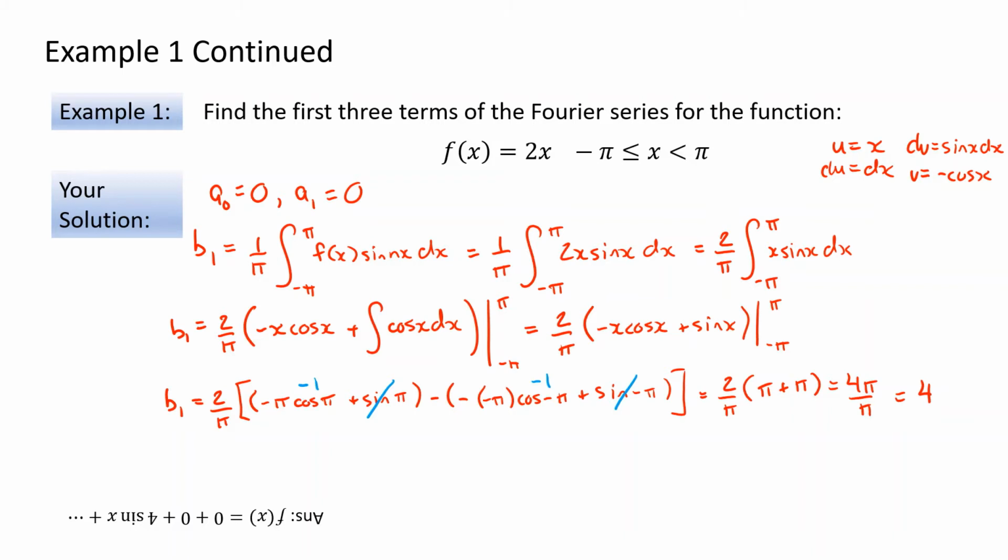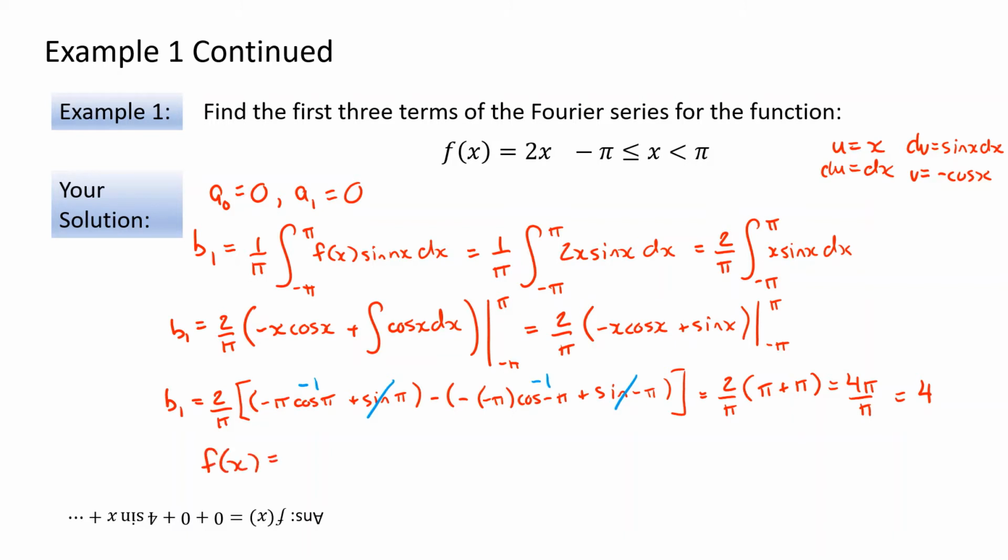So now we have the first 3 terms. You see the first 2 were 0, the third term was not. What you would see in this function is that the b terms would all be non-zero and the a terms would be 0. So if you continued this function all the way out, you would see that all of the remaining a functions would stay as 0. So now that we have the first 3 terms, we could write